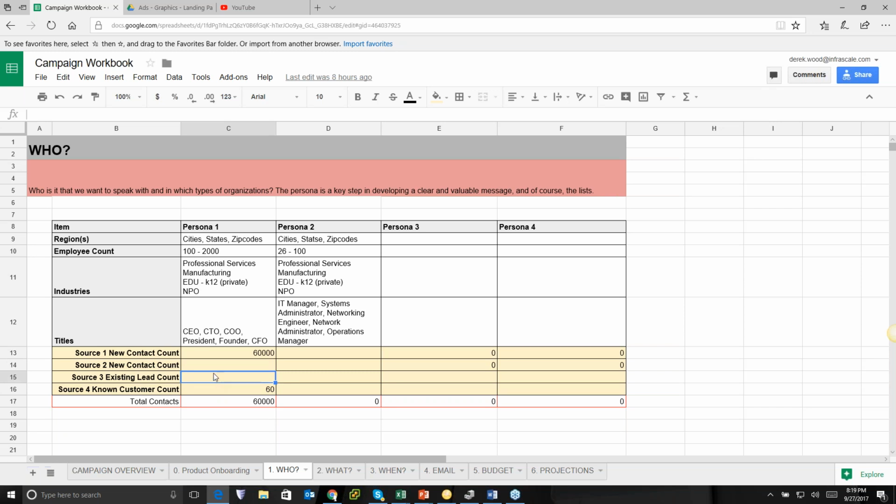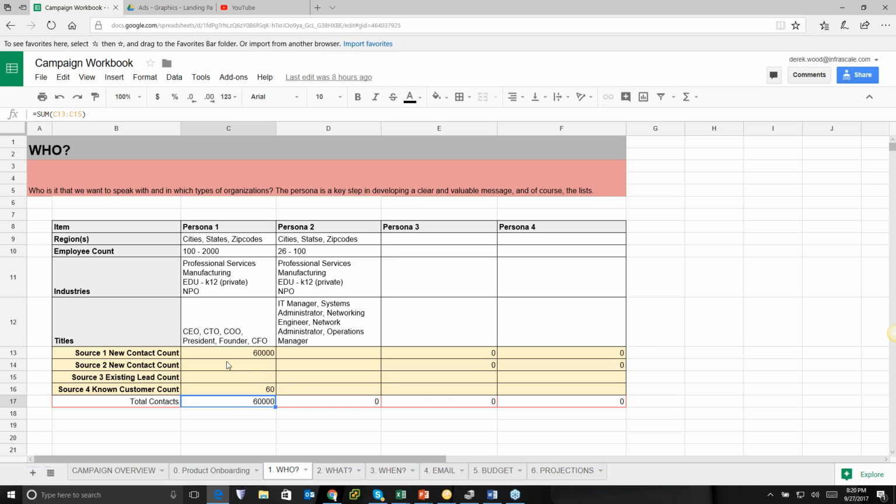So this is where you start taking advantage of your database and growing that. Then we look at supplemental contact lists and things like going with Market Intelligence, if you've recently bought a list, and any other options you have. And this is important because without the number of contacts, at least estimated, we're not going to be able to do a projection, which is an important part that we'll get to in a minute.